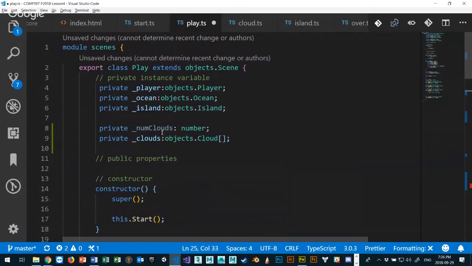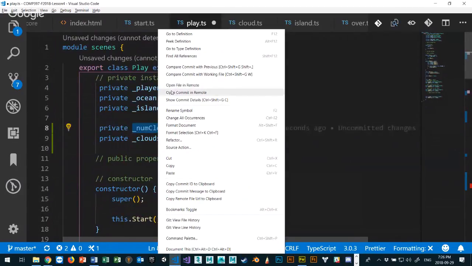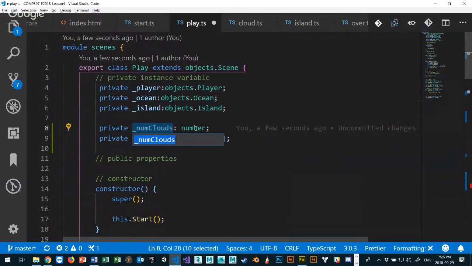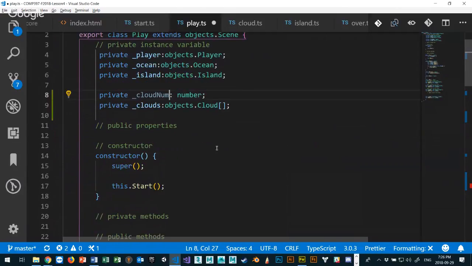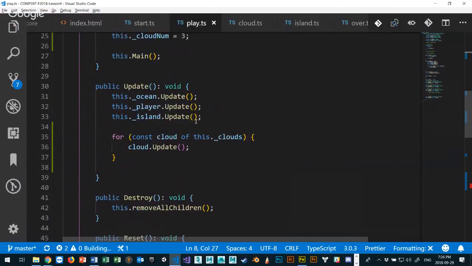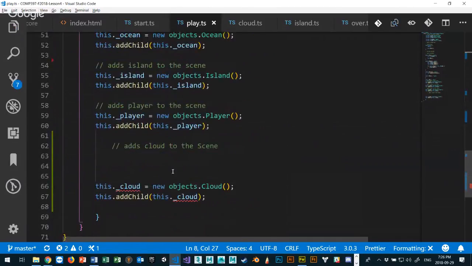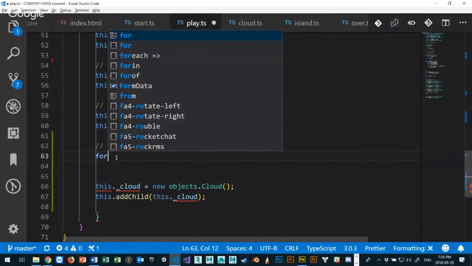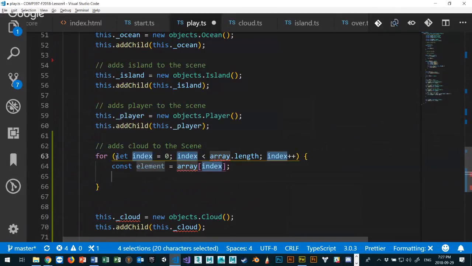Let's just change it. Right click, and we can rename symbol to cloud number. Right, so cloud number is 3. That's how many it is. And then when we add them, we can do a regular for loop. I want to add that many clouds to the scene. Okay, but I'm in trouble. Because if I do this, and I say that for every count is less than cloud num,